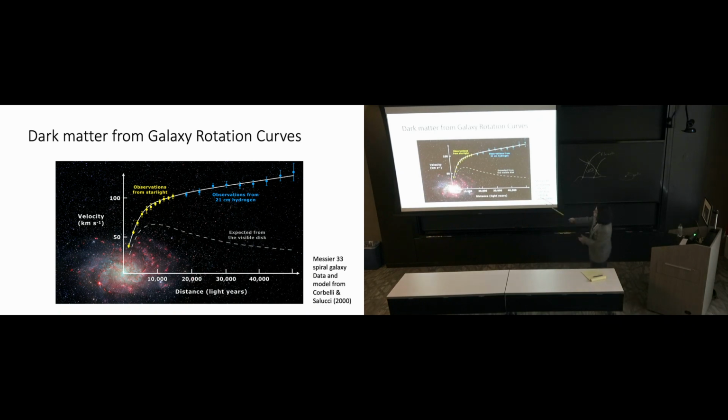Now, I wanted to say this because historically, this was the first evidence for dark matter. In fact, I think the evidence from the cosmic microwave background is even more compelling and makes it more obvious that dark matter must be some sort of particle as opposed to other sorts of exotic ideas people proposed in the past. But I thought it was useful for me to show this as well.